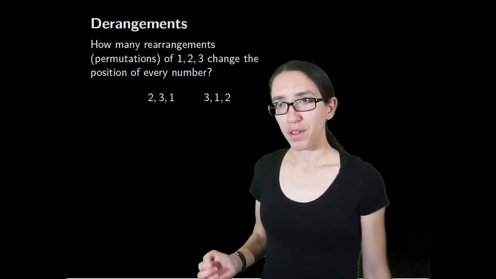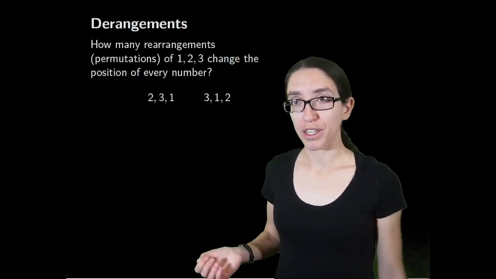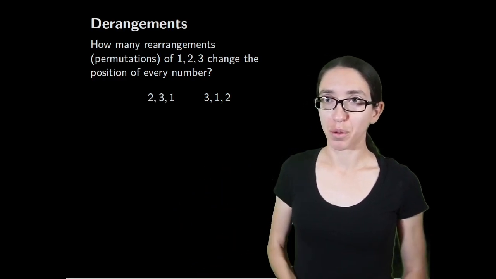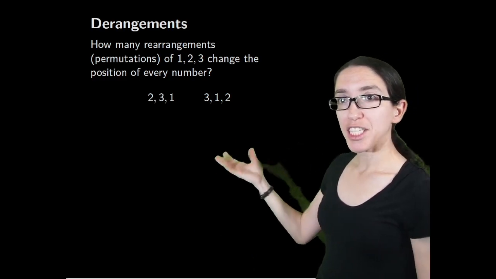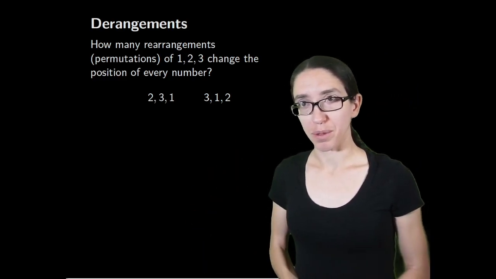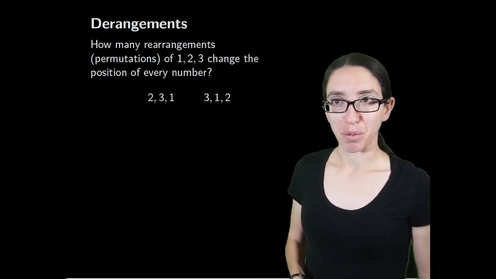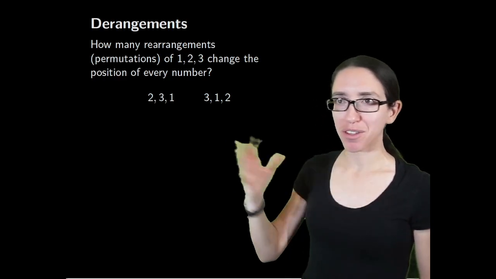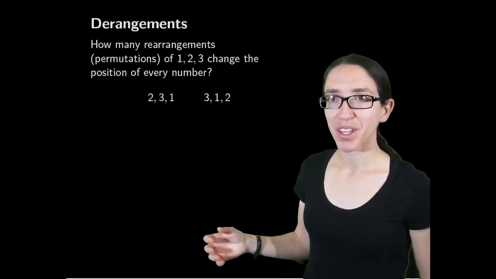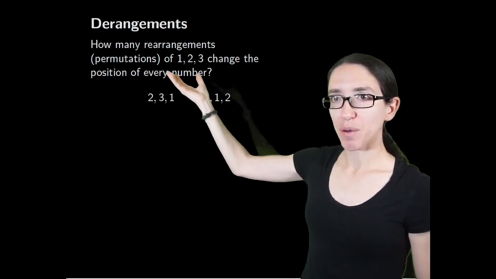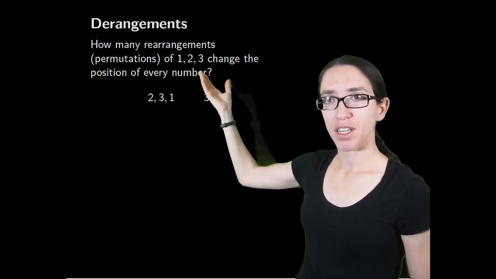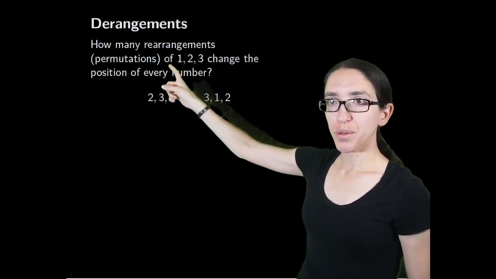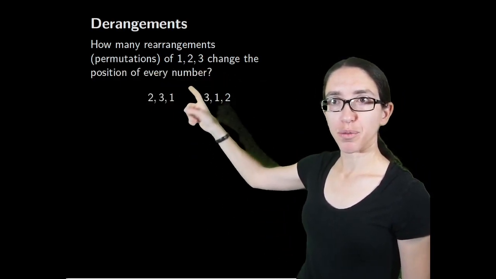So let's do a slightly more complicated example of where the principle of inclusion-exclusion comes up, without just doing Venn diagrams and polls. Counting derangements is a classic combinatorial problem. It's also known as the hat check problem, where people's hats all get mixed up. Derangements are basically rearrangements where everything gets as mixed up as possible. And the question we can start with is how many rearrangements or permutations of 1, 2, and 3 change the position of every number? So 1, 2, and 3 are already in order here, but if you mix them up,